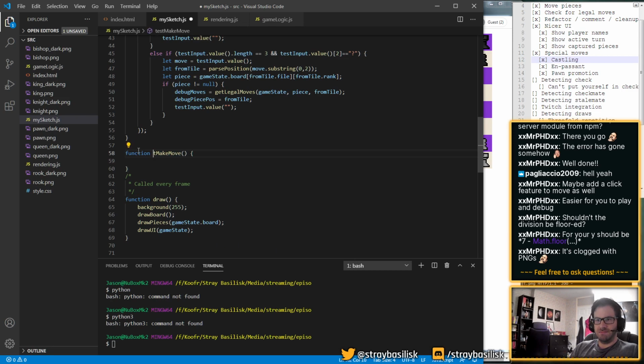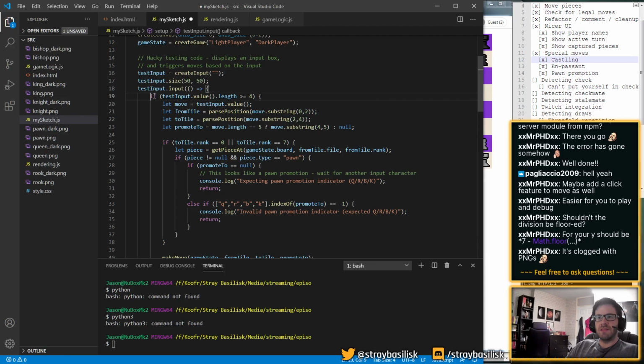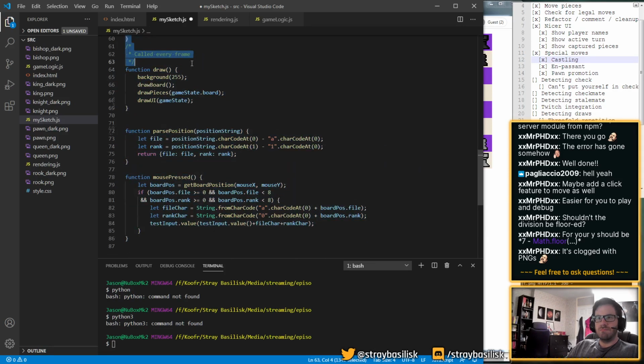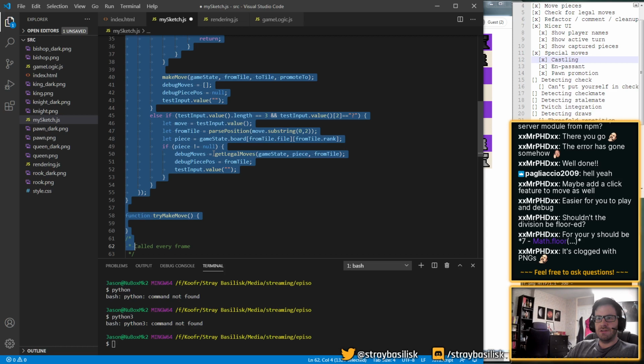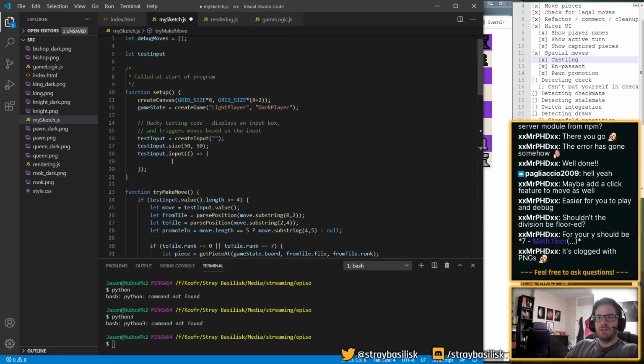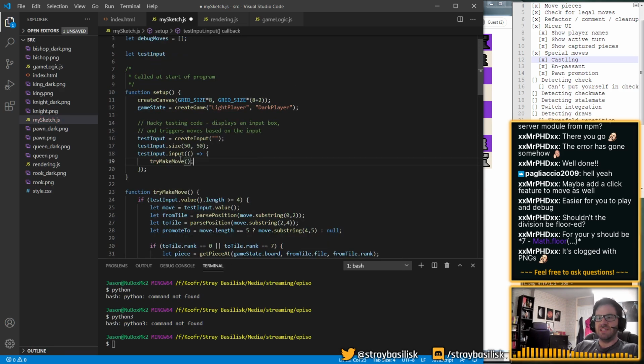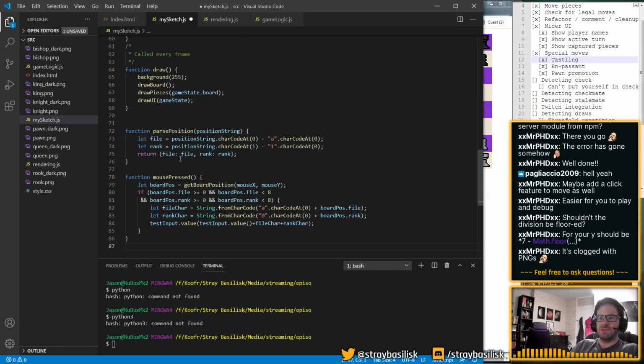So I got it to try to make a move. Try to make the move when there is an input, and we'll also try to make the move here,